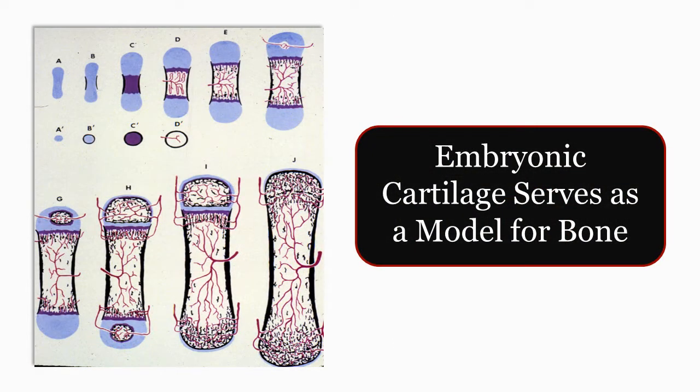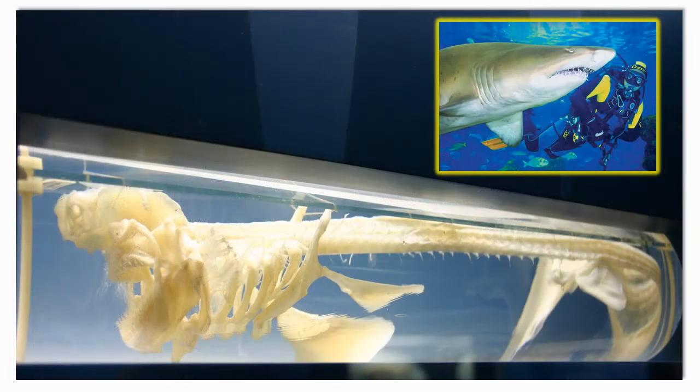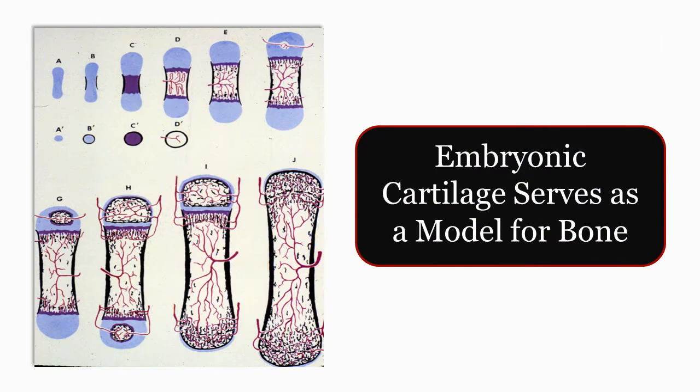Now, what is the function of cartilage? In the embryo, cartilage functions as a model for bones. Before we have bones in our skeleton, in the early embryo, we have cartilage. In fact, there are some species, like the shark, that have no bones. Their skeletal support is all cartilage. So in the early embryo, our skeletal support is composed of cartilage before it is remodeled and replaced as bone that we find in newborns and the adult.